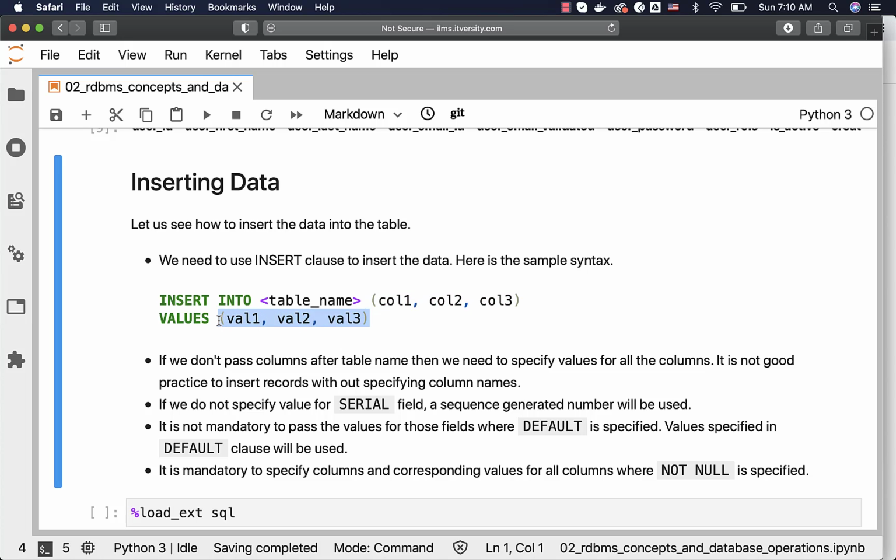Also, based upon the data type of the values, you might have to pass some of the values in single quotes or double quotes. Numeric values are not typically enclosed in single quotes or double quotes. If you don't pass columns after table name, then we need to specify values for all the columns in the right order. It is not good practice to insert records without specifying column names. There are exceptions, but typically we use columns after table name and then values, and we pass the corresponding values